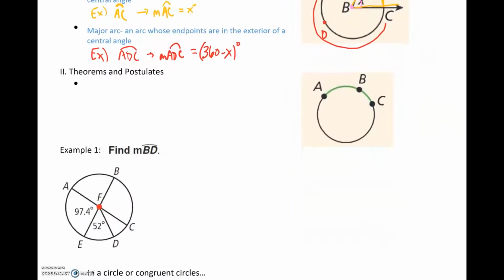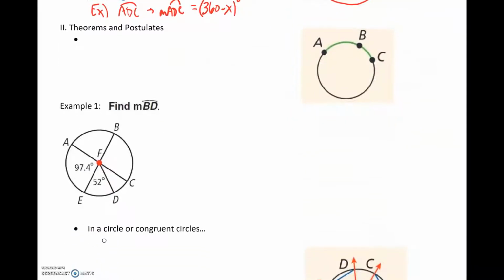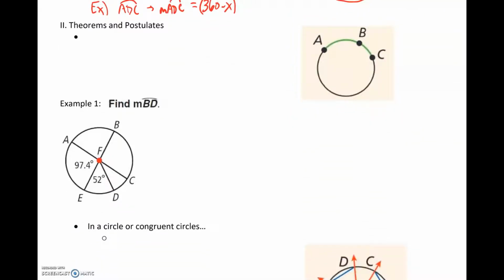So the first theorem, or actually the first postulate we're going to talk about, is going to be very familiar. This is called the arc addition postulate, very similar to the segment addition postulate and the angle addition postulate. So just like the other addition postulates we've talked about, here the arc addition postulate says that the measure of an arc formed by two adjacent arcs is the sum of the measure of the two arcs. So basically, if you have arcs next to each other, we can add them together to get the measure of